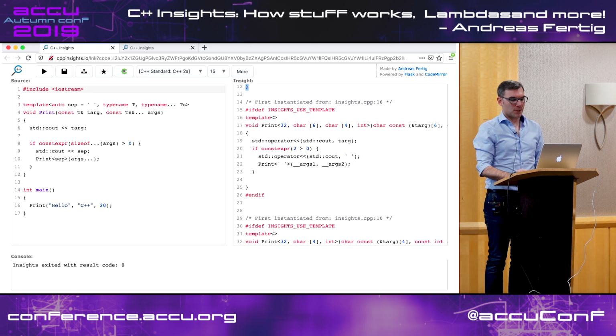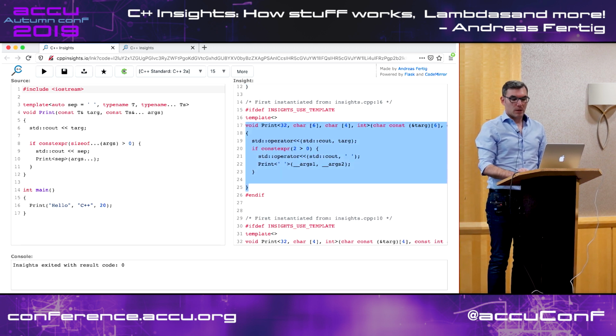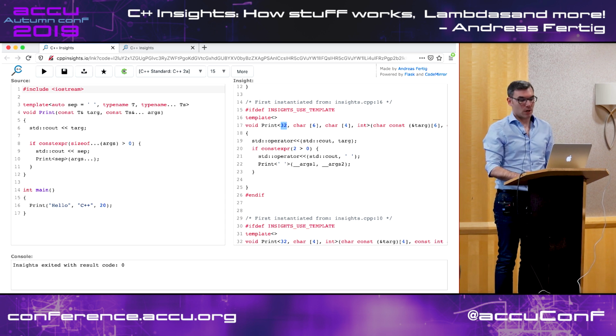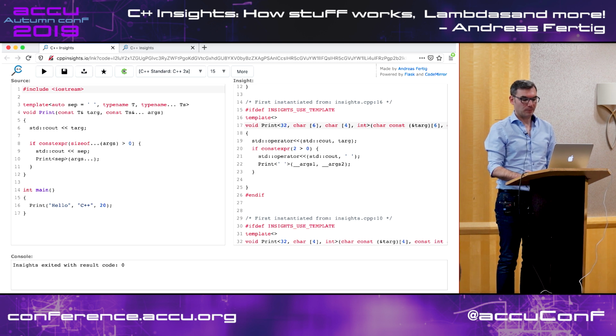And here at the first instantiation, the 32 is the decimal value for our space. And then it takes two parameters, a char array of size 4 and a char array of size 6, and then an int.